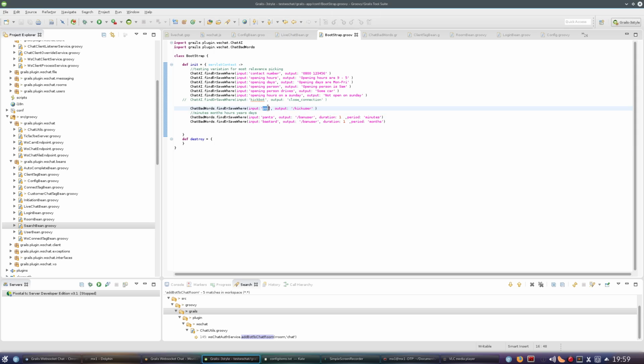So for a given word, so for poo, we're going to kick the user. For pants, we're going to ban them, and for bastard, we're going to ban them for a month. That's for a minute. You could literally have it come back with an output of, hey, I don't like that. I'm sure it should work. I haven't tested it. It will say, hey user, I don't like that. I'm sure that's what it will come back with. Or, yeah. Anyway,